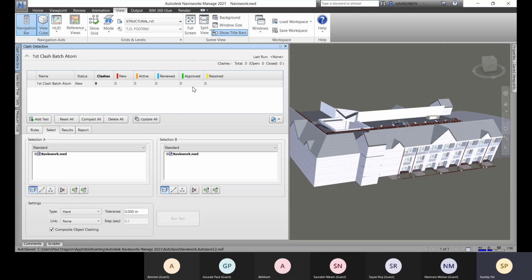We have approved these clashes for construction. We have resolved these clashes, so these clashes are closed. When you approve or resolve, those clashes are closed. So here you can see it will list the total clashes, and how many clashes are open and how many are closed.